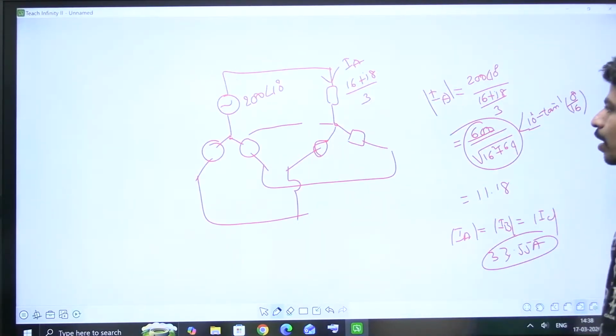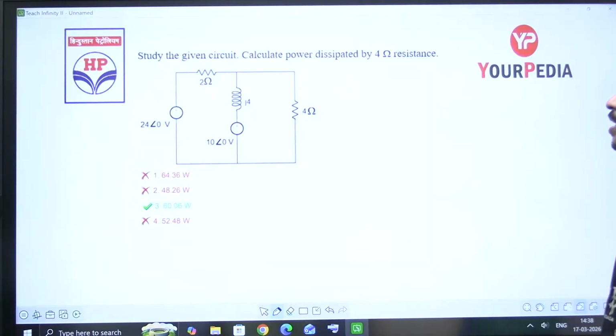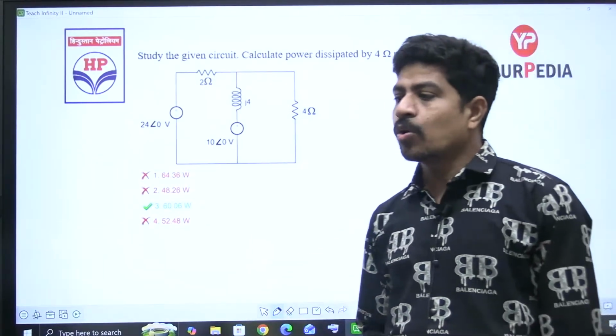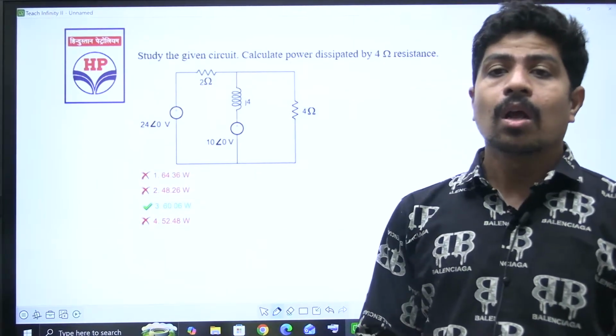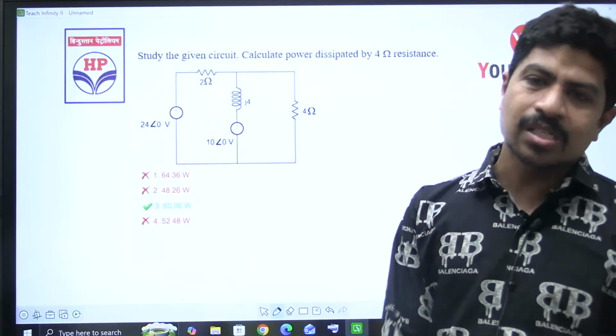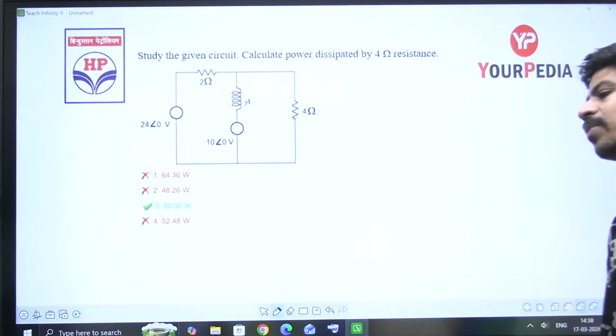Okay, options. But I clearly explained how to solve. How to solve? Observe the angle difference. Why? Because the calculator is not allowed. It will take a lot of time for you to solve that particular question. Then what to do? Instead of using a calculator,